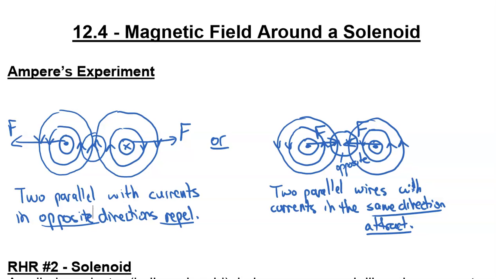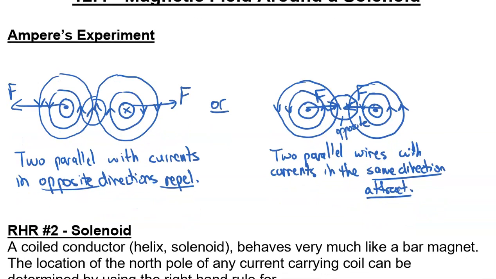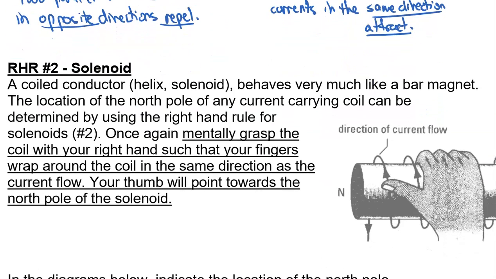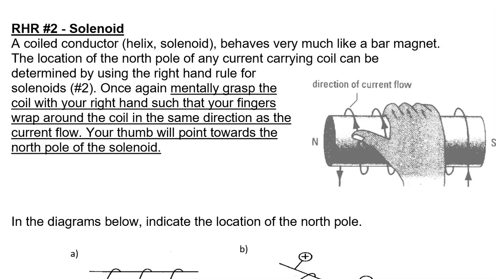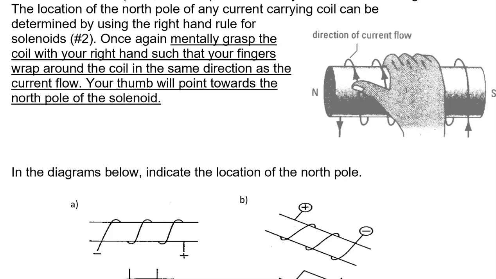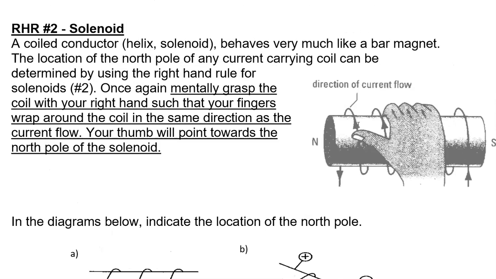So it also brings us to our second right-hand rule, and that is the right-hand rule for a solenoid. A solenoid first should be defined. So let's just look at what this looks like in this particular case. Simply put, before I get into the words, a solenoid is just a coil of wire. You can see there this wire is wrapped behind and back up in front and behind and back up in front all the way around this particular piece of metal that's in the shape of a cylinder. That is what a solenoid is. You don't need the piece of metal in the shape of the cylinder. You can just wrap the wire itself, but that is what a solenoid is.